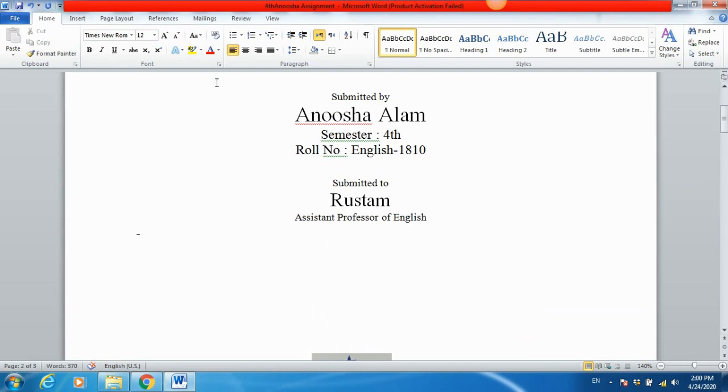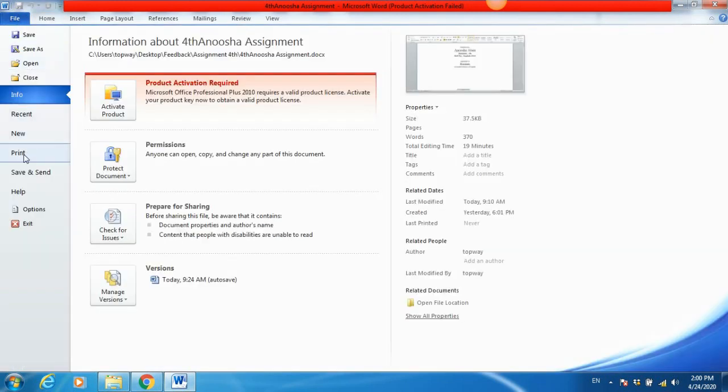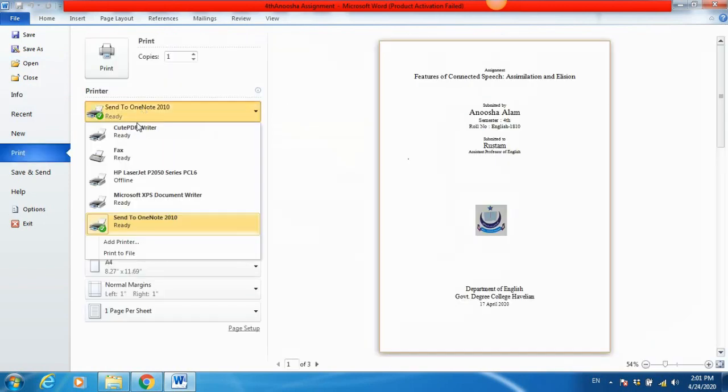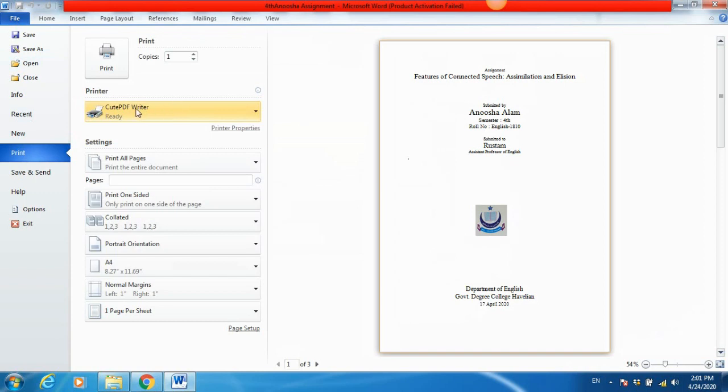In order to have a better look at it, go to the file menu on the top left corner, click, and there will be a print button. So click on print, and now you can select a printer if you have any printer. Otherwise the virtual printer is CutePDF Writer, it's a virtual printer. Now see here your document is designed, but this monogram needs to be shifted to the right a bit, and here you need to give more space, like under the roll number you need to create more space.